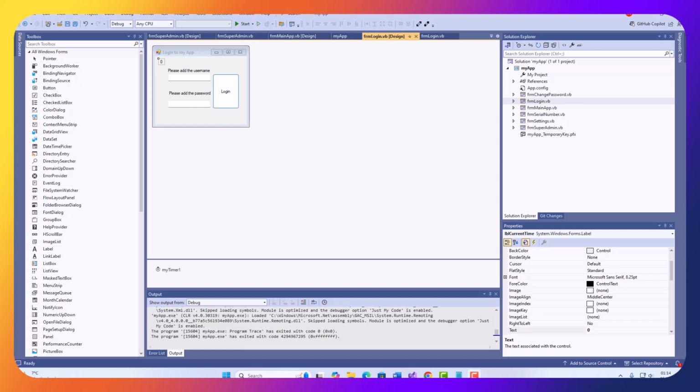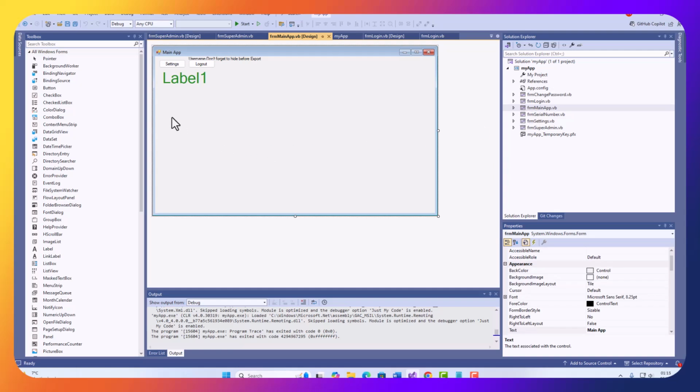In this video tutorial, I'm going to take a step further from the previous tutorial where we created the structure of the software application. In this video tutorial, I'm going to concentrate on the FRM main app. So let's double click the main app. Here we are going to add a button and a picture box